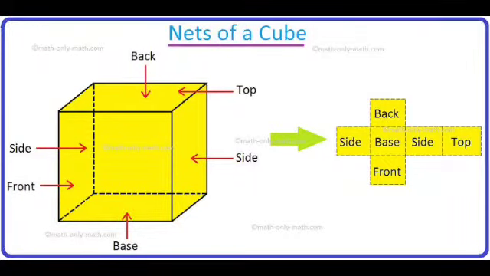Now our next topic is net. Net of any solid shape. A net is a skeleton outline of a solid that can be folded to make it. The same solid can have several types of nets. See in the above example, the net of a cube is given toward your right hand side, through which you can easily understand how that cube forms. It has 6 such squares, or you can say a cube has 6 surfaces.